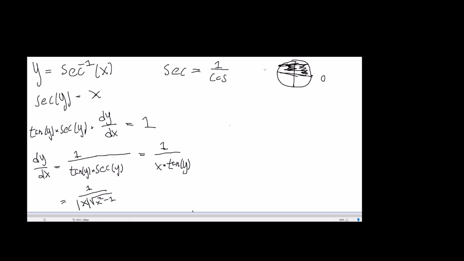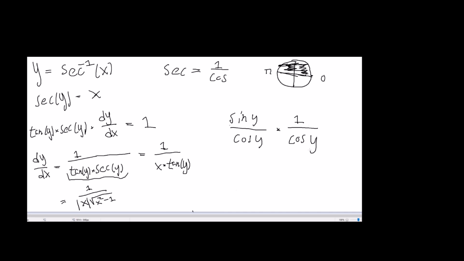Say this is 0 and this is pi. And at one point in our equation, we had tangent of y multiplied by secant of y. This is the same thing as sine of y divided by cosine of y multiplied by 1 over